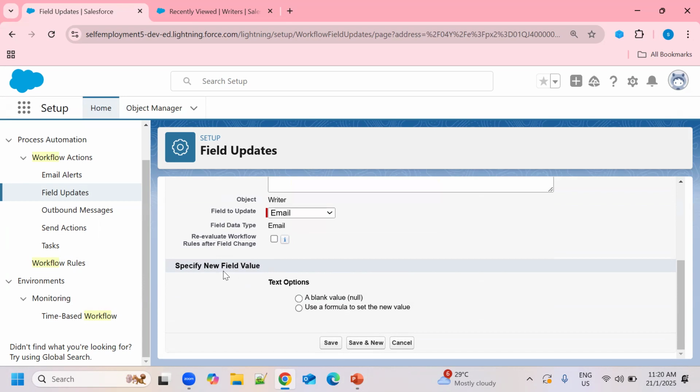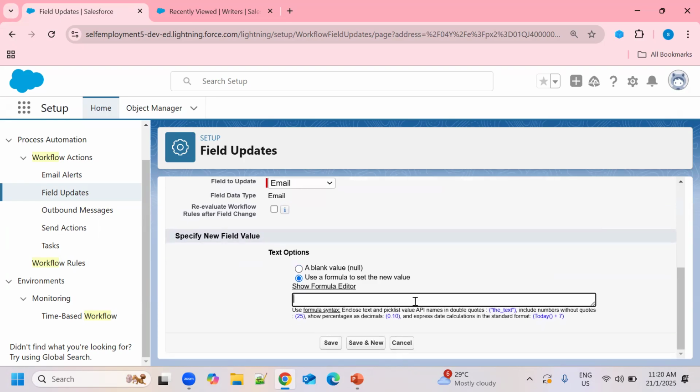Now specify the new value. You can choose a blank value if you want, but I want to make an update. So use a formula to set the new value. What value should be there?